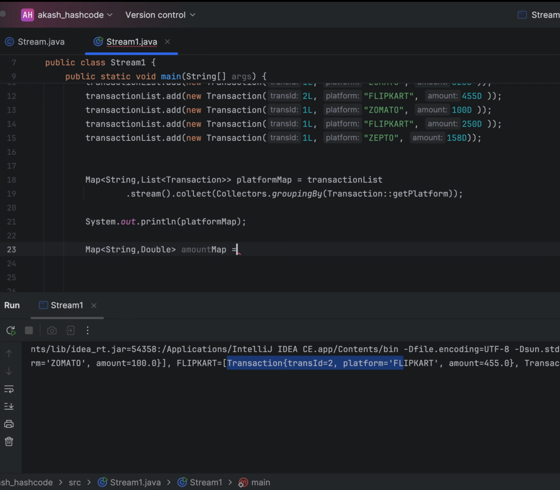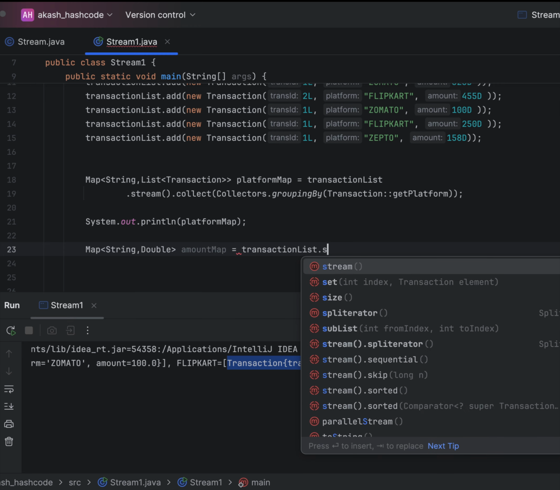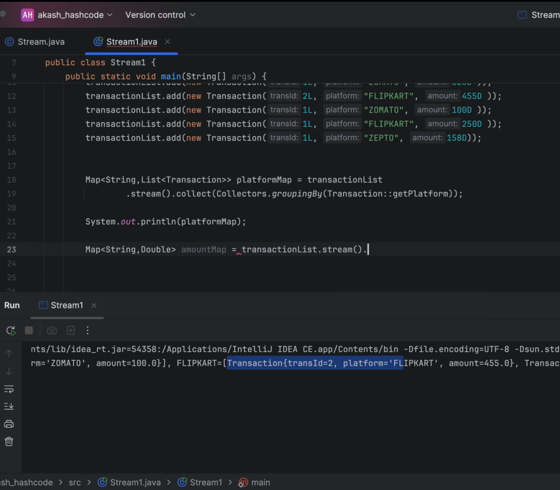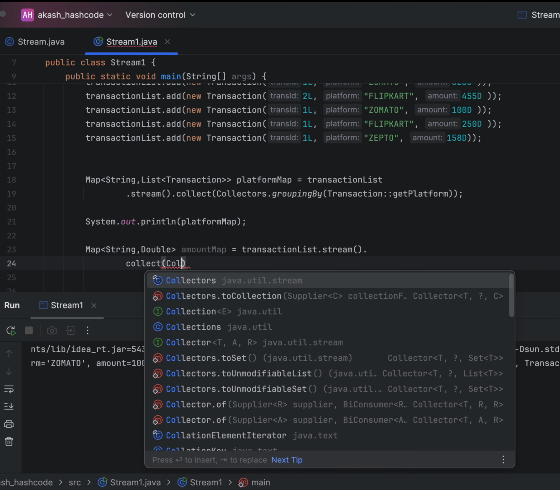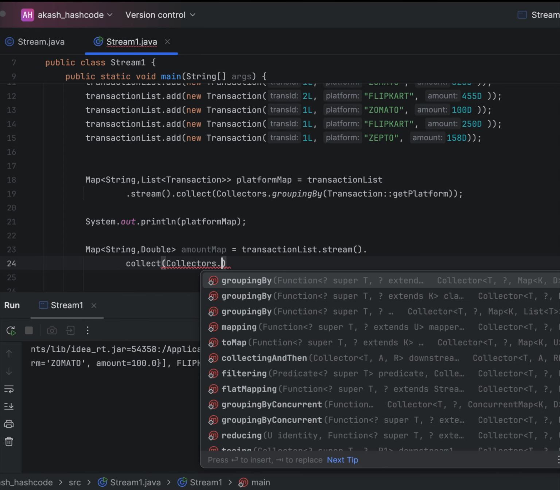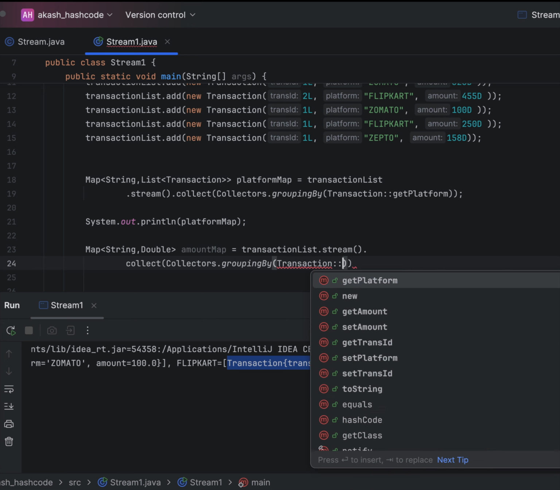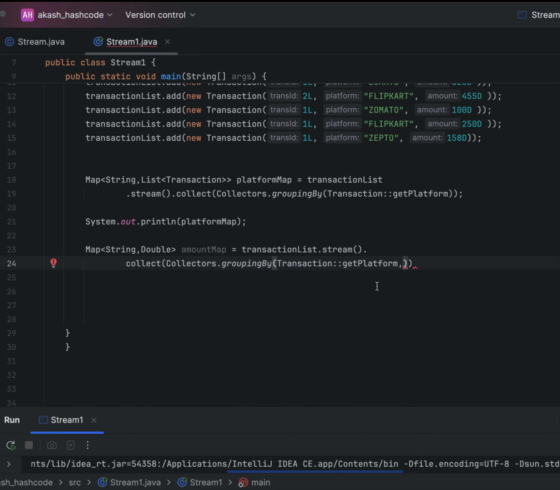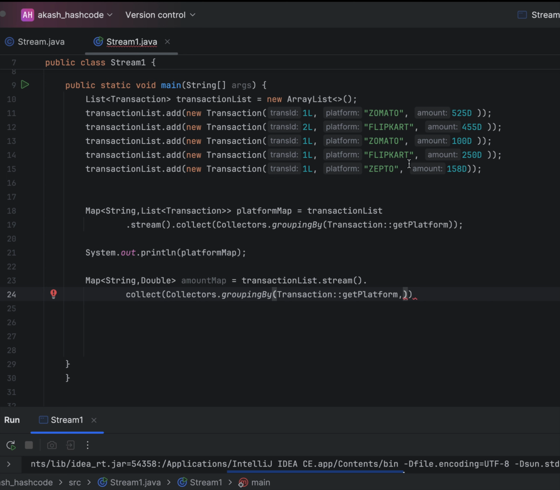amountMap equals to transactionList.stream, and again we need to group it. First we need to group it on the platform and then on the value side we need to sum up all the amounts. So the same thing we need to apply here. Dot Collectors.groupingBy, Transaction::getPlatform, but on the value side we need to sum all the amounts, and that we can easily do using something